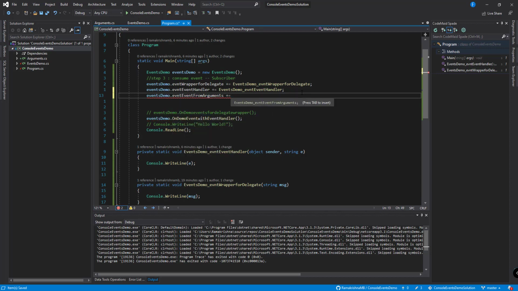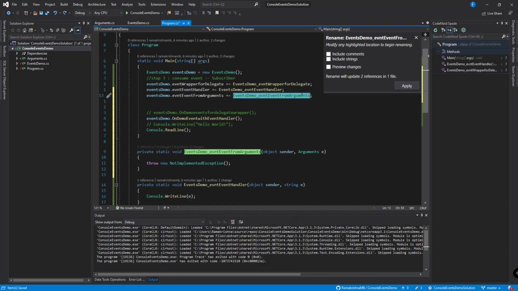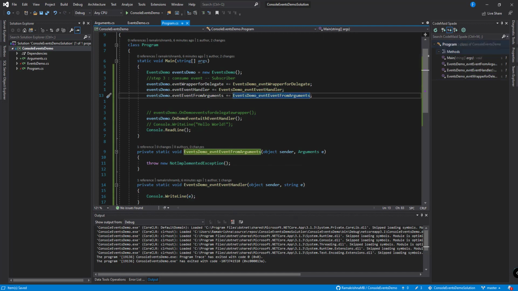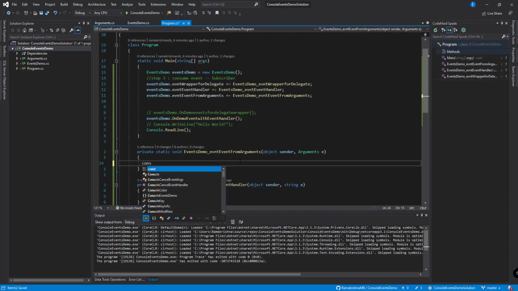Let me create using tab, and we have our event handler implementation done by default by Microsoft. So let me print whatever is in the argument.